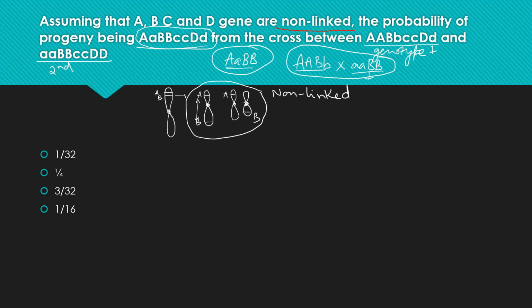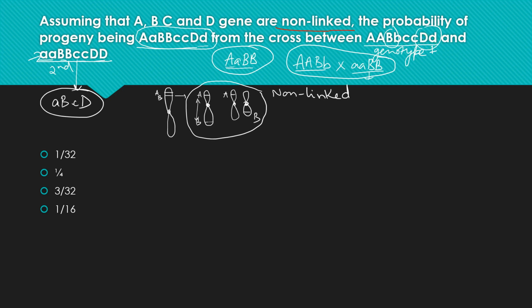Because in this question, if you see the genotype of this particular parent, you can clearly see that the gamete possibility with the particular combination of alleles is just one gamete itself, right? Because all are in homozygous conditions. So the possible gamete we can get is with this particular combination, so only one possible gamete. In the other parent there are just two heterozygous combinations, so maybe very few gametes we can get, right?